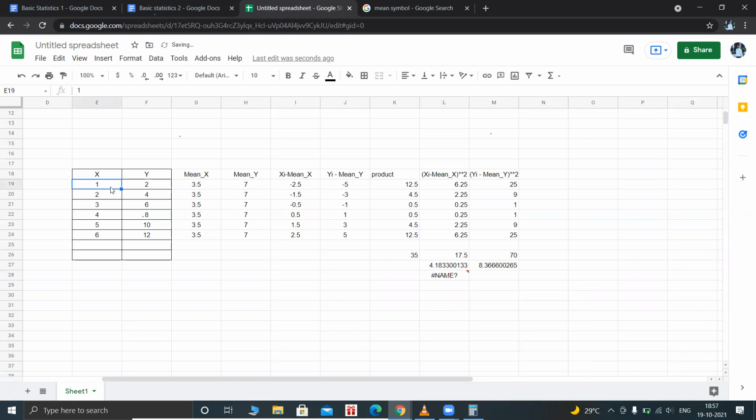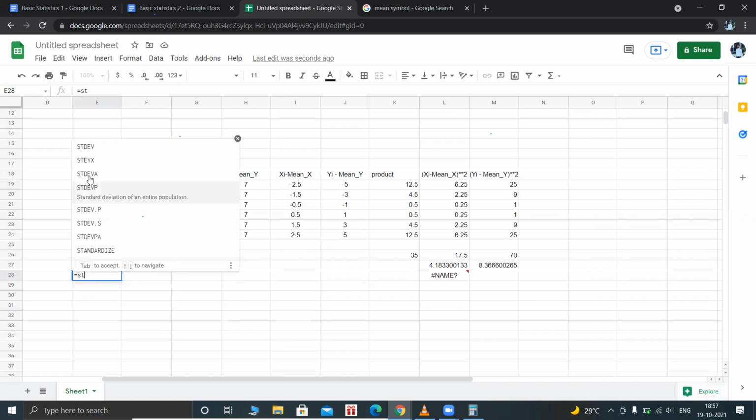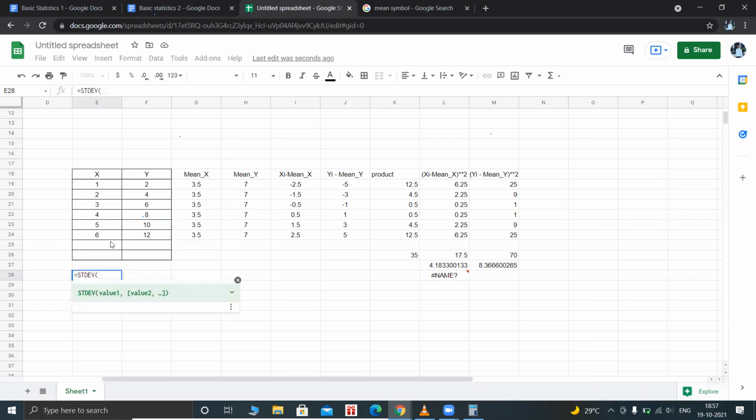So if I just do, let me do it here, equal to standard deviation of from here to here, same thing. Oh, I got 1.87, but here,